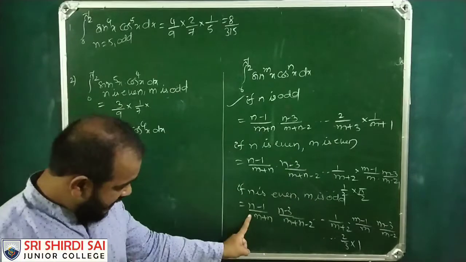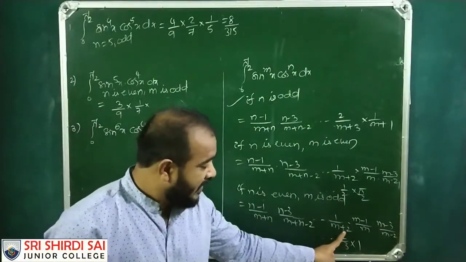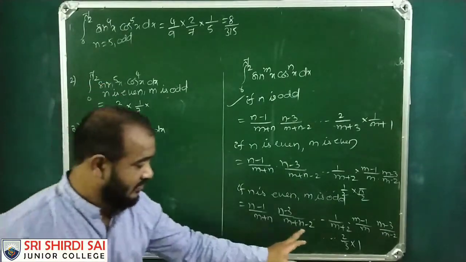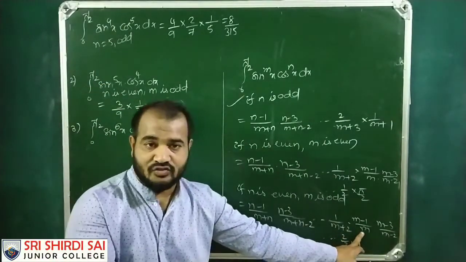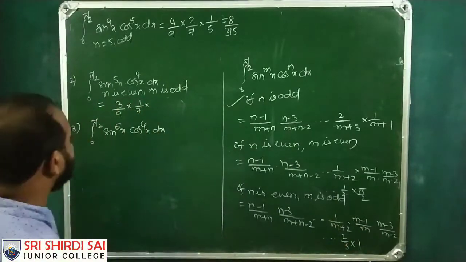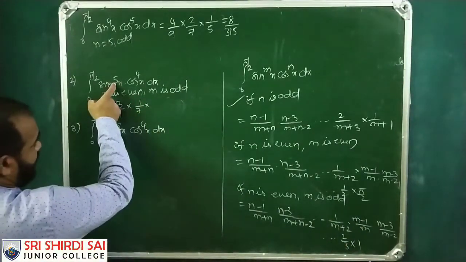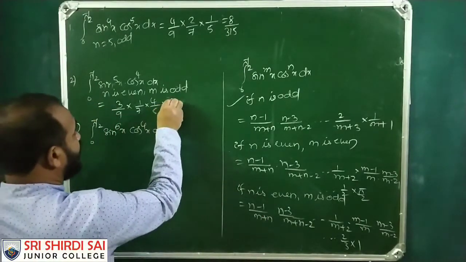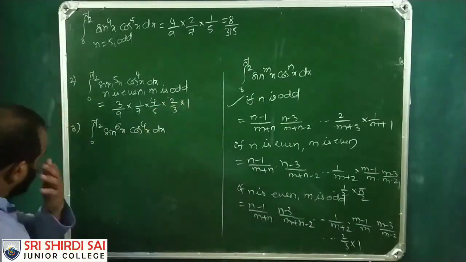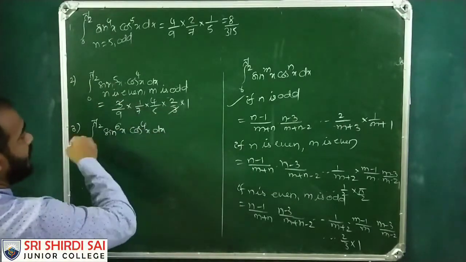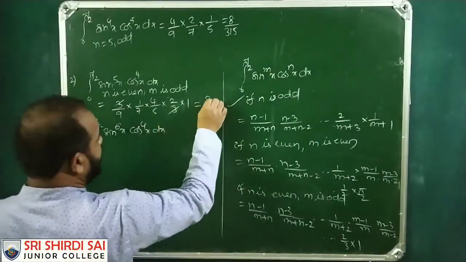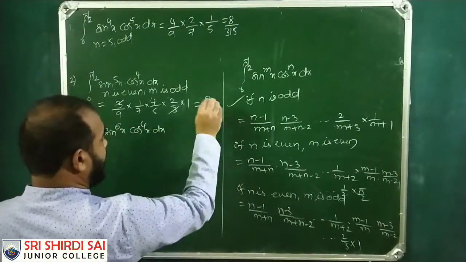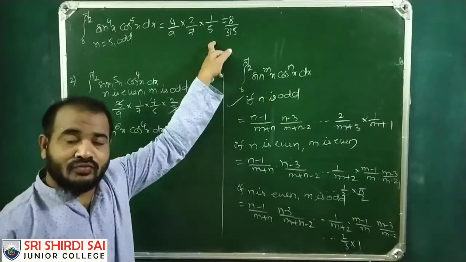That means we have started from here and we ended with this. M plus 2, you may check it. M is 5, 5 plus 2 is 7. So the next part is to be started with m minus 1. So m is 5. 5 minus 1 is 4 by 5 into 2 by 3 into 1. So this is 3, 3 gets cancelled. So 4 2s are 8 by 9 7s are 63, 5s are 315. So the same answer like previous we got.